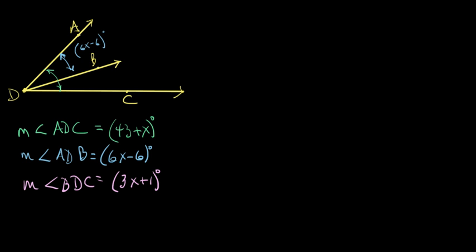And the pink one is right in here, and that's 3x plus 1 degrees. You understand what I'm saying here? This is color-coded and all that stuff. And then the green one is the big one here, and that is 43 plus x